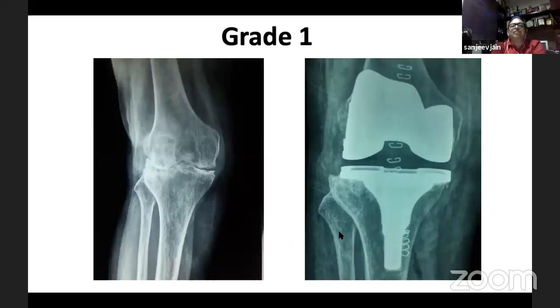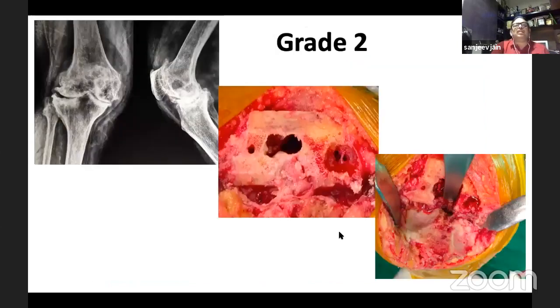So it's grade 1, case number 1, which is a simple case, a grade 1 valgus deformity, where you can get away with either the PS knee or the CR knee. There's no issue about it. But in a patient like this, when you have a less than 20-degree deformity, you have defects. I'm sure everybody has seen what the bone cut should be, how much tibial cut has to be made in this kind of situation. You should be using